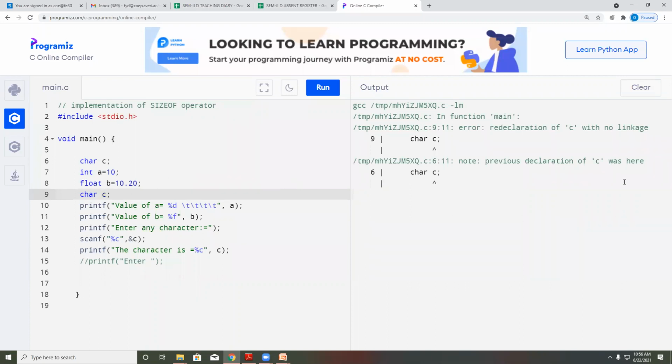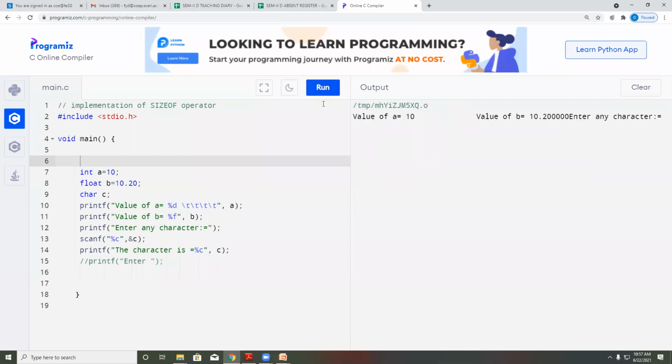Previous declaration of, okay, it is declared 2 times, so I'll remove this. \n.